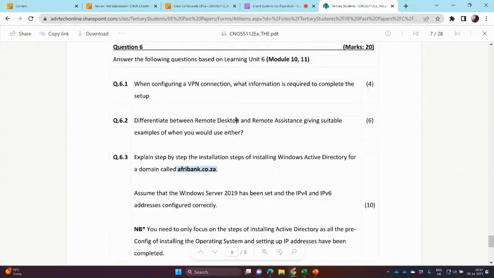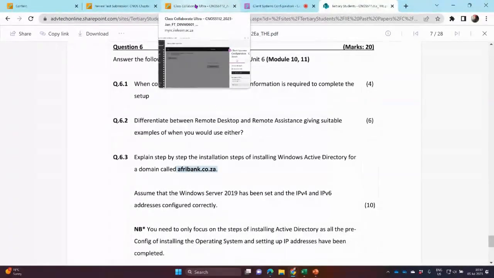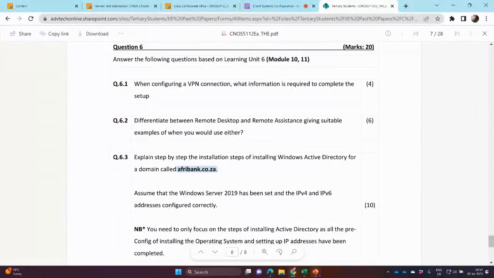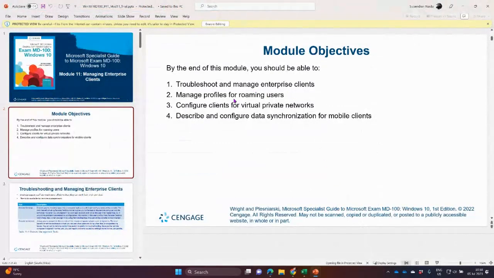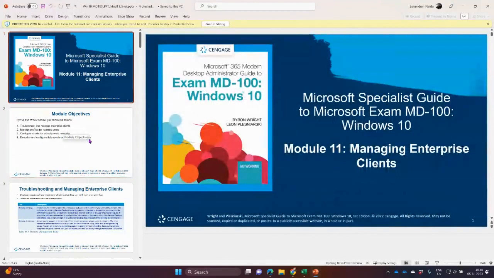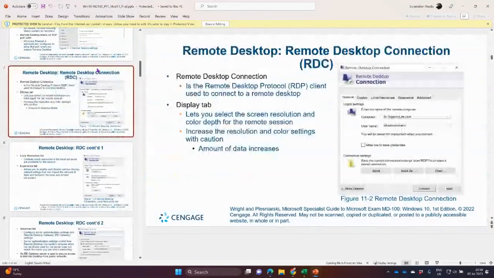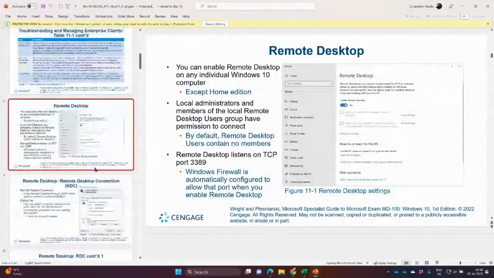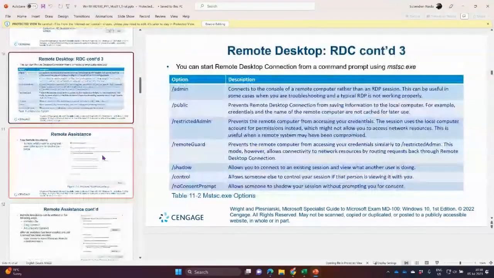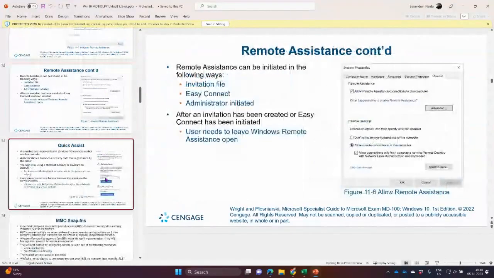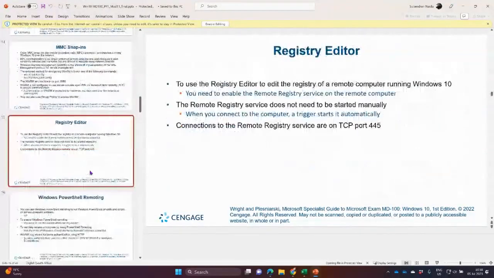So for example, on this question on VPN connection, I know this was covered in modules 10 and 11. So I've got the slides for 10 and 11. Module 10 was enterprise, roaming profiles, virtual private network, configuring clients. So it's the third topic here. What is this module? Module 11, right? So it's covered in module 11. So then I'm going to go ahead and there's remote desktops and remote desktop connections, etc. Right? So I'm going to look at all of these different options: remote assistance, quick assist, MMC, registry editor,